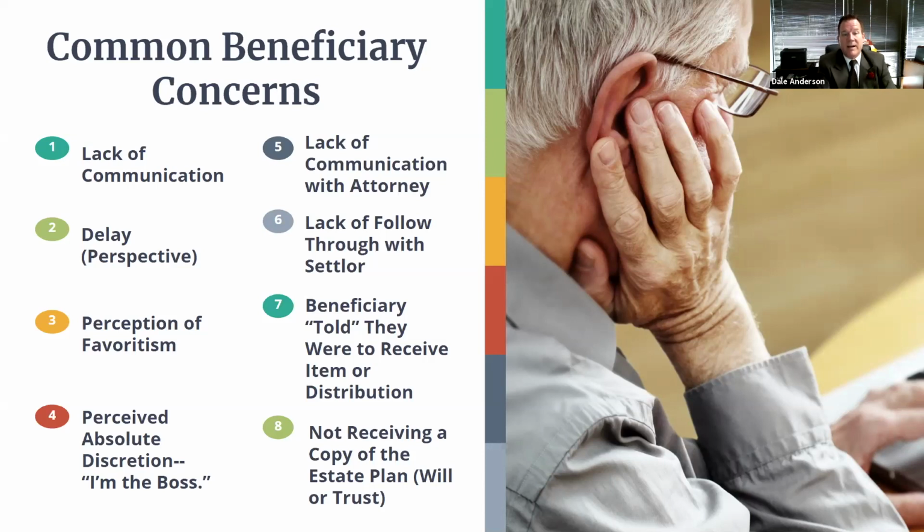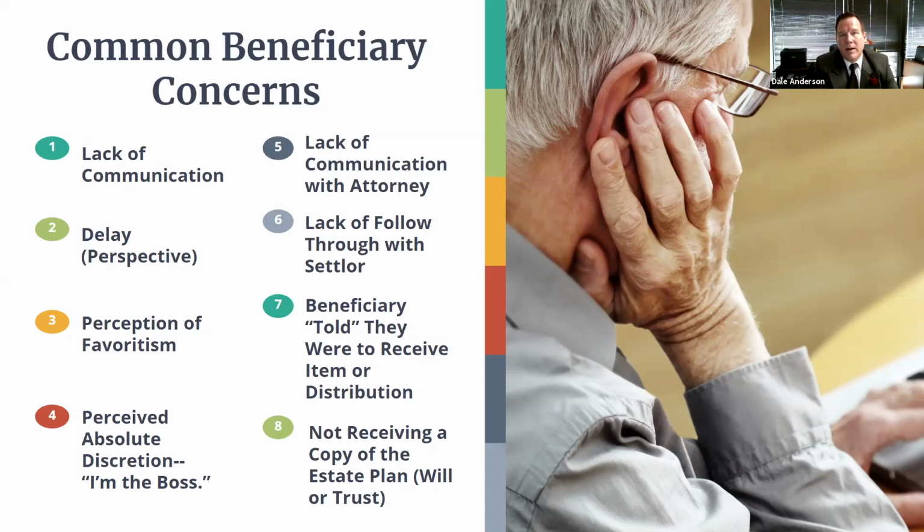Number 6 is the lack of follow through with the settlor, or the person who made the will in this case. The person who made the will may have intended to make a distribution to someone, but then they didn't follow through with it. So in California, the rule of law is not what did the decedent intend to do, or what did they intend to say, it's what did they intend by what they did say. So the person, the decedent, may have failed to follow through on what they intended to do,